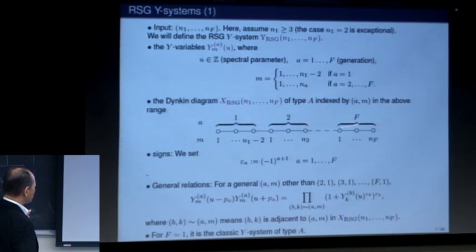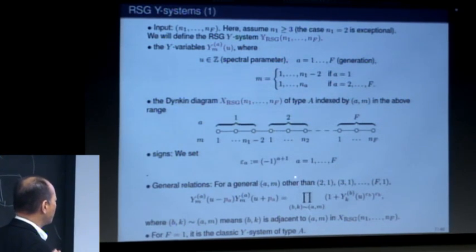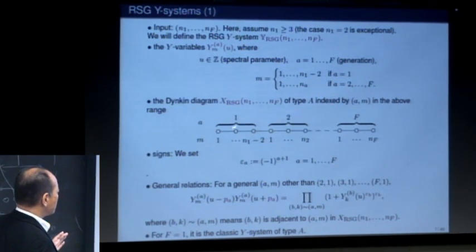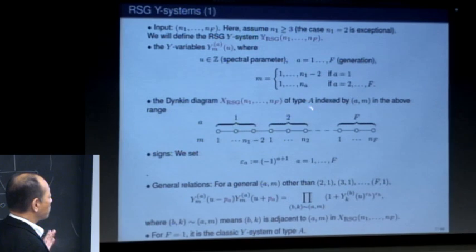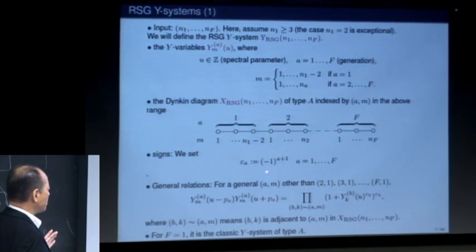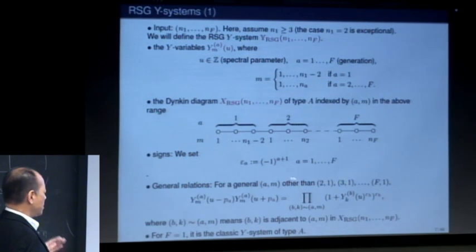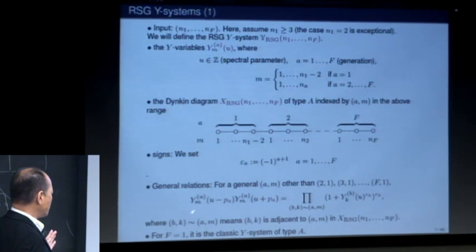For each generation, we have some number. Only for the first generation, we have to subtract 2 for some reason. Then we just put it in this way, in the diagram of type A, like this. We also need some convention of sign. So if A is even, then it is just 1. If odd, then it is just minus 1. Now, this is a general equation for each AM except for 2, 1, 3, 1,